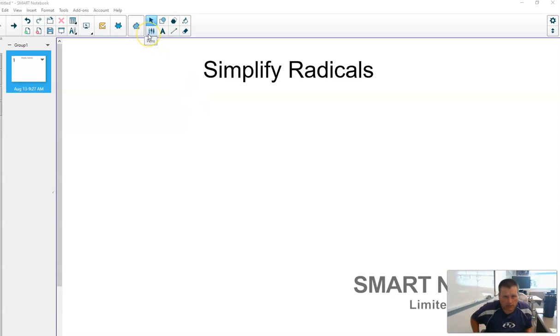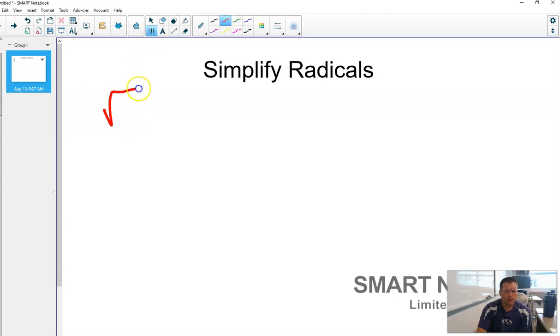Okay, now we're looking at simplifying all radicals like we just saw with simplifying square roots, but there's more than just square roots when we're talking about radicals. There's cube roots or fourth roots and so on and so forth. So just a quick reminder, we were simplifying